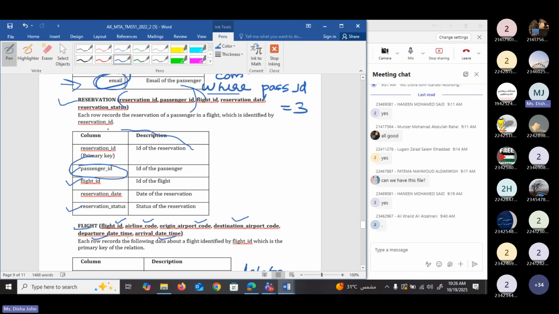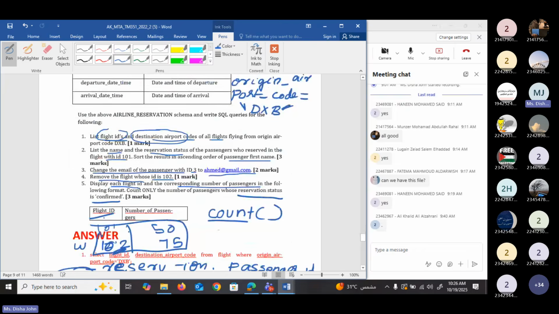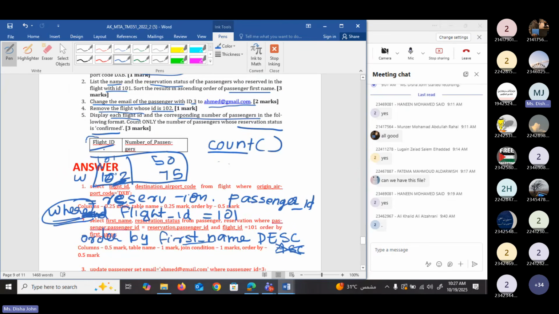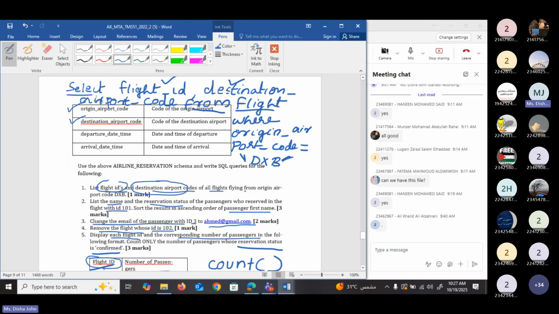Okay. So now we are going to write select. Then we need the flight ID, so select flight underscore ID. Then we need the count of passengers in each flight. Before that, the name of the column should be like this.